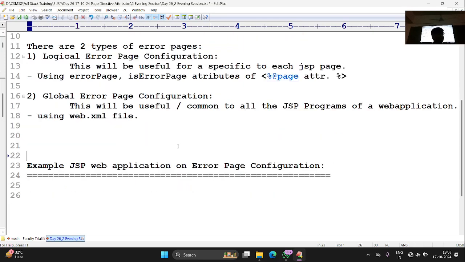Let me draw a flow chart or diagram where, whenever an error occurs, instead of showing the technical error messages, it will show proper guiding messages. You need to create two different web pages. One web page contains logical code that will generate an error, and once an error occurs, you need to forward that request to the next web page, which is an error page. And you need to make the second page an error page, with isErrorPage true. Okay, so